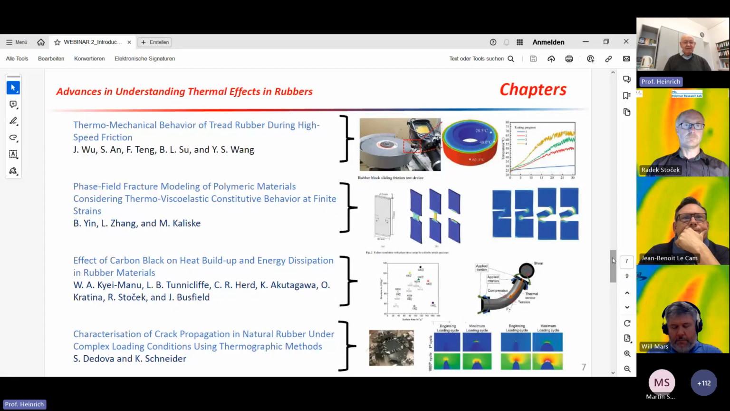Then, like also in the last book, there is a contribution in the new book from the group of James Busfield in London. This is an investigation together with Radek Stoček, of course, because here also the heat build-up tester is applied. And that is dealing with the effect of carbon black on heat build-up and the corresponding energy dissipation in the material. You see here on this slide a diagram with some points. This is the surface characteristics, the specific surface, and the internal structure characteristic of different carbon blacks that are used in rubber